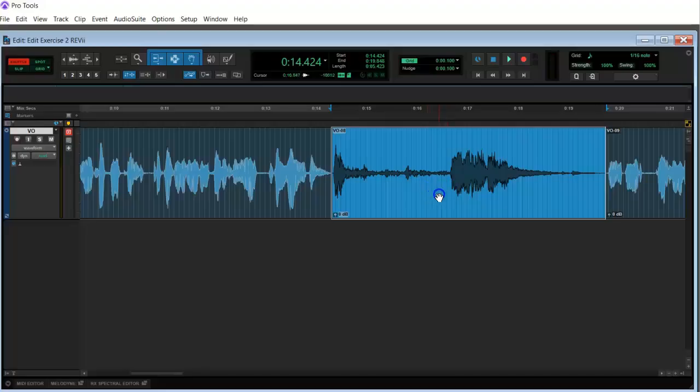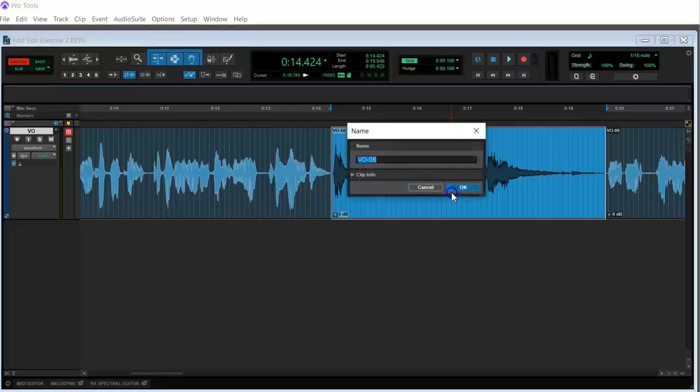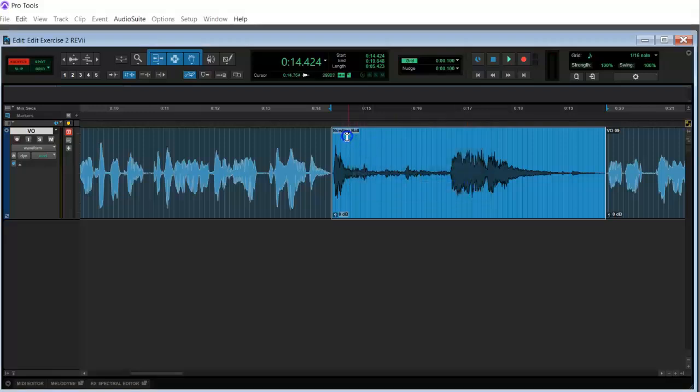So let's double click with the grabber. I come down towards the bottom, get the hand tool, and double click, and that's the shortcut to rename. I'm going to call this bowling ball. Now look, at the upper left-hand corner it's giving me that name, so I can identify it without having to play it. And I do want to move it away, off of this track.